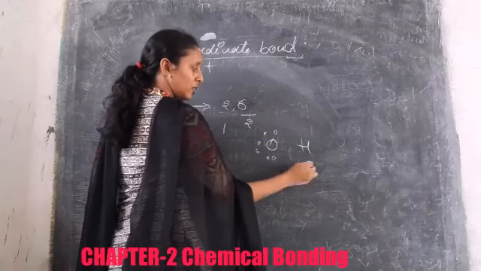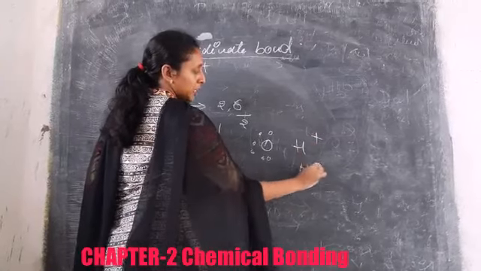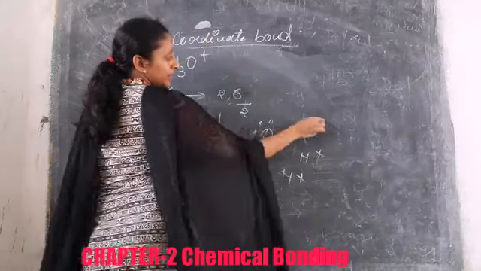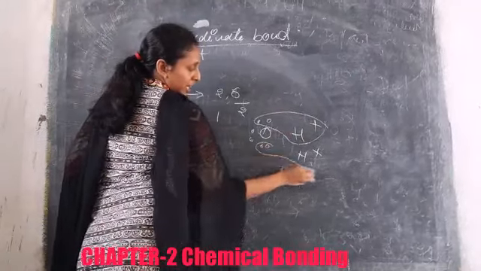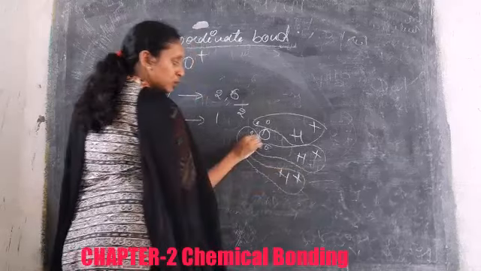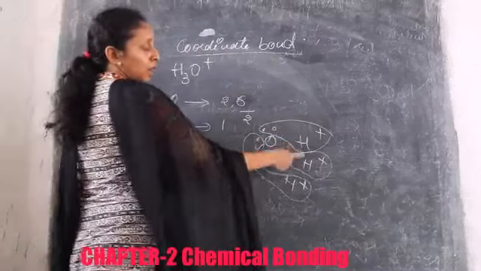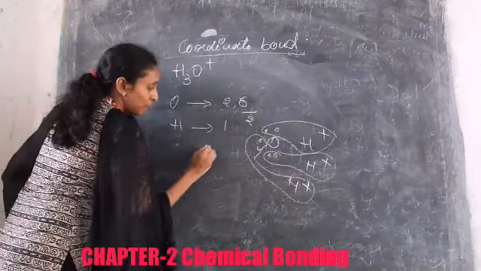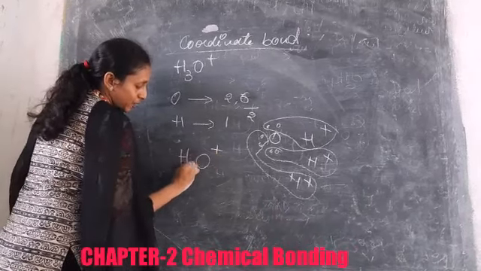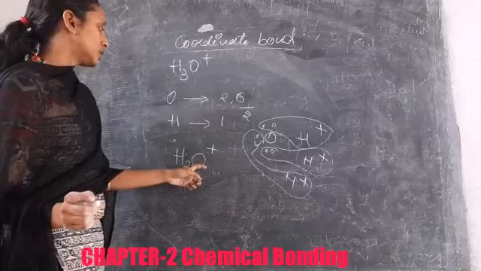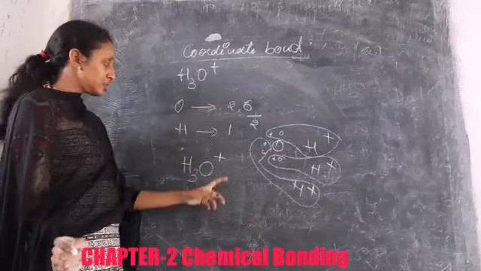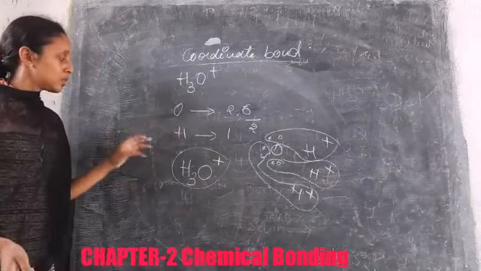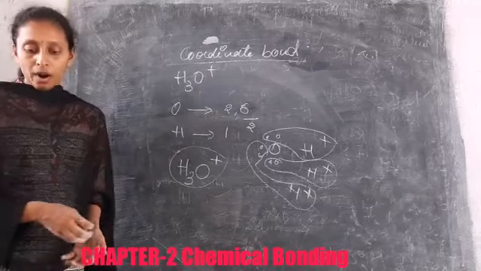So hydrogens, actually they are H plus because they don't have any electrons to share. But this oxygen will share with hydrogen and make the hydrogen also stable. So one pair will bond with hydrogen, another pair with hydrogen, another pair with hydrogen, and this becomes positive. Since the hydrogens don't have electrons, oxygen will share its electrons with hydrogen and becomes H3O plus. So this type of bond is called a coordinate bond.